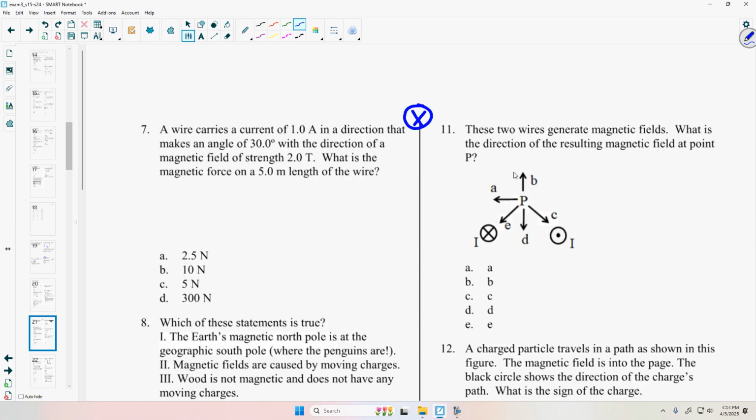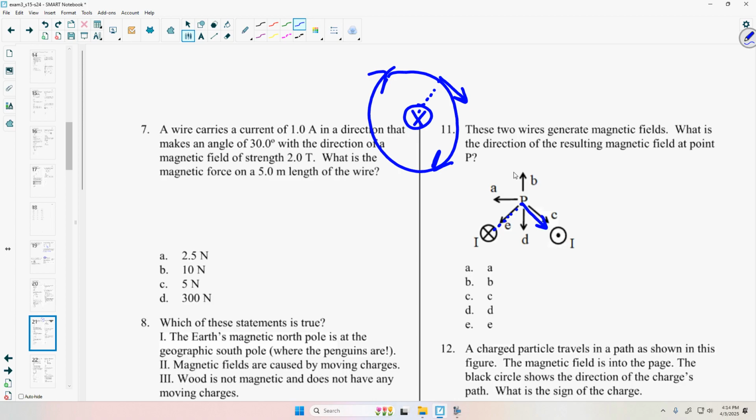Imagine I have a wire like this. The magnetic field, I have my thumb go into the page, and so it's going to be clockwise. So the magnetic field goes around in a circle like that. What I like to do is draw a line that's radial, like this, and the vector that is tangent to that circle is perpendicular to that radial line. So at point P, the magnetic field due to that wire into the page is going to be in this